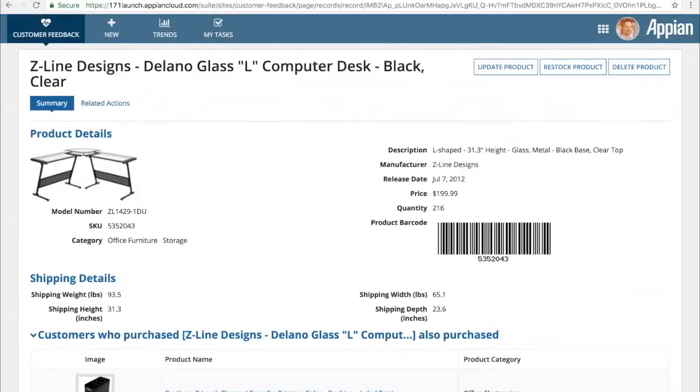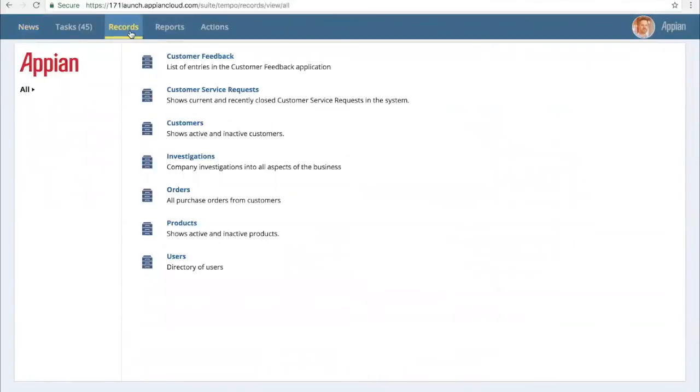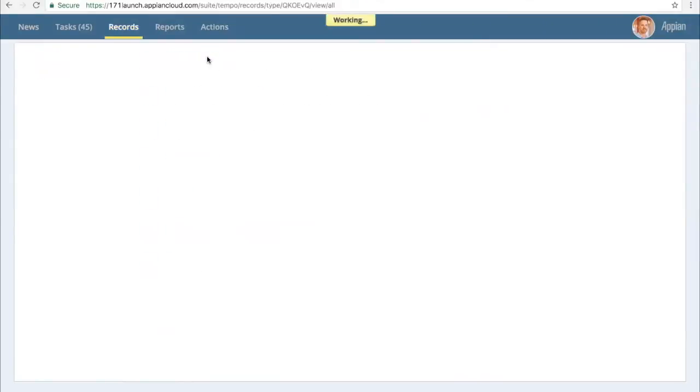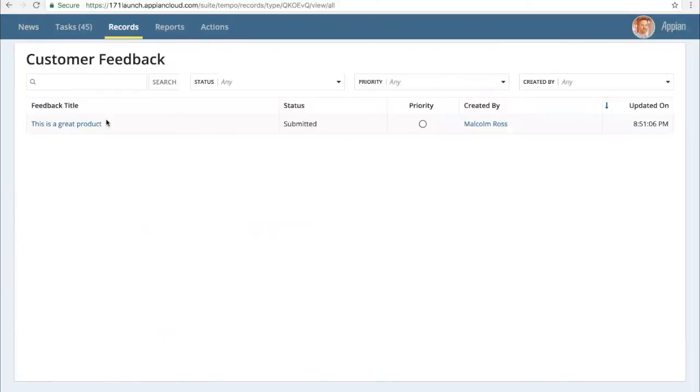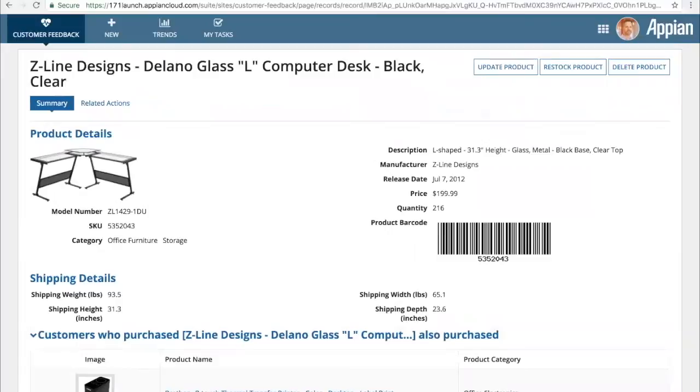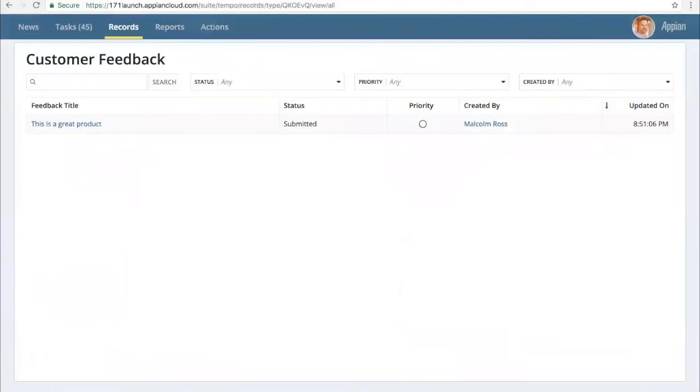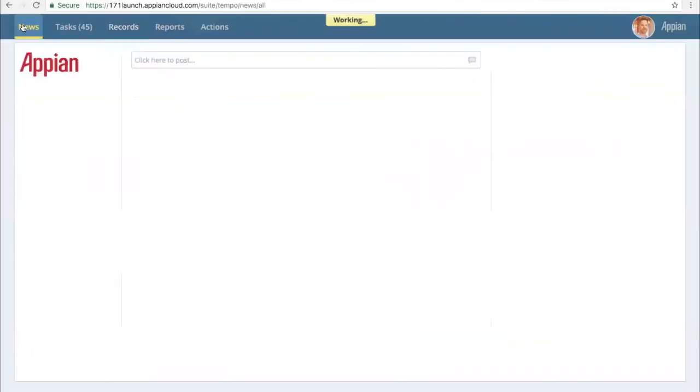Now, a powerful feature as well is that it also becomes added to my overall Tempo experience. Now, Tempo inside of here, as you can see, it's automatically available, customer feedback in my overall records navigation. I see the exact same content. So I have the choice of either using customer feedback as a standalone application, show me all my things just for customer feedback, or merge my overall environment, also showing collaborative events inside the system.